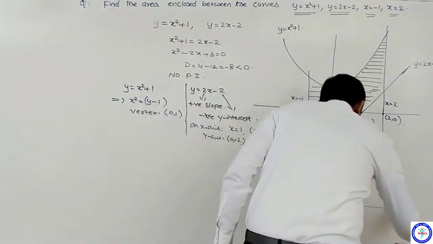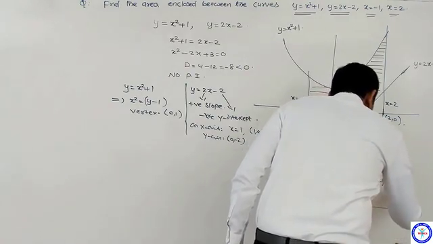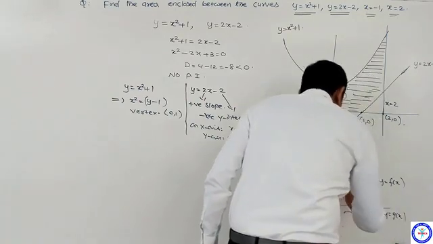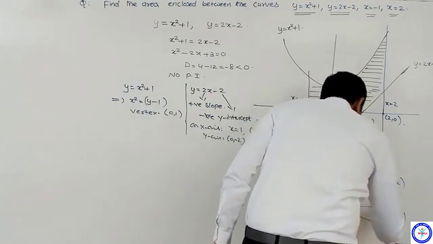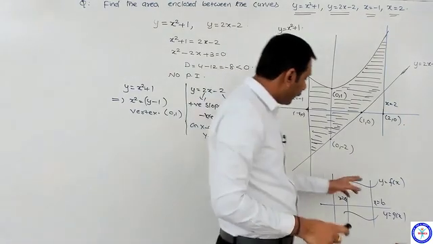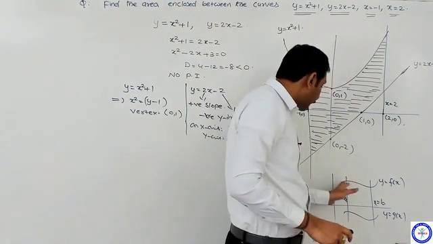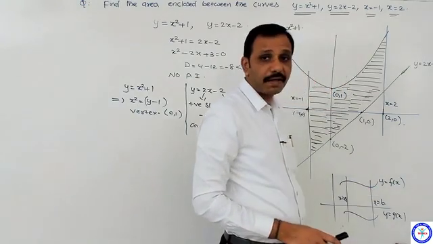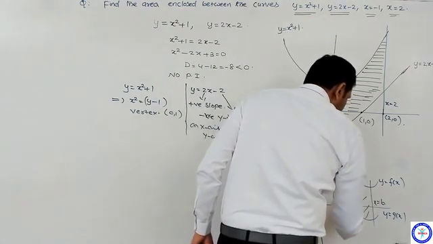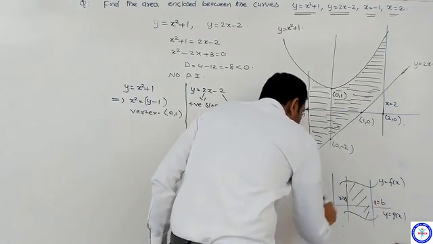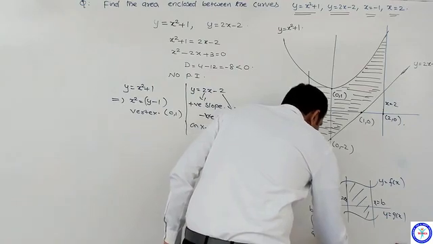See here, let me take one curve, it is y equal to f of x, and let me take another curve, here it is y equal to g of x, and limits are x equal to a and x equal to b. These two are not intersecting, but these two curves along with the lines x equal to a and x equal to b form a closed figure. Area bounded by y equal to f of x, y equal to g of x between x equal to a and x equal to b is integral a to b, upper curve f of x minus lower curve g of x into dx. We have seen this.